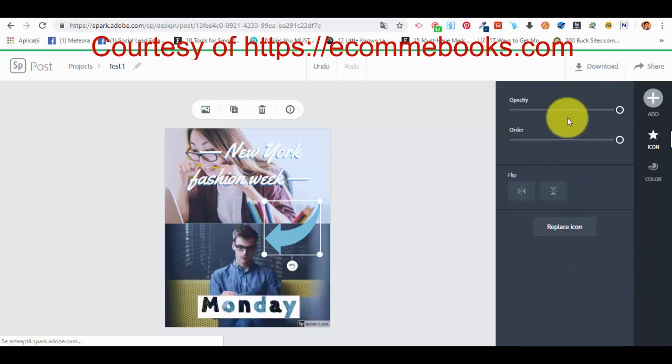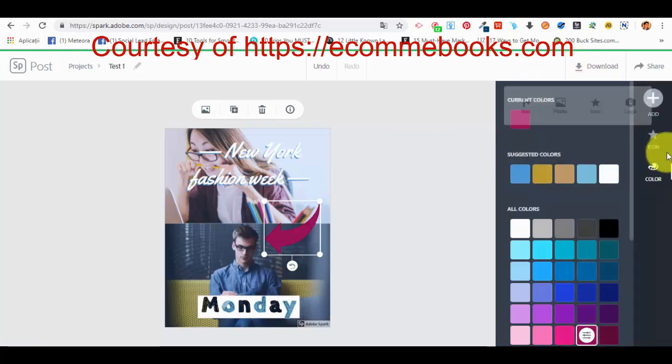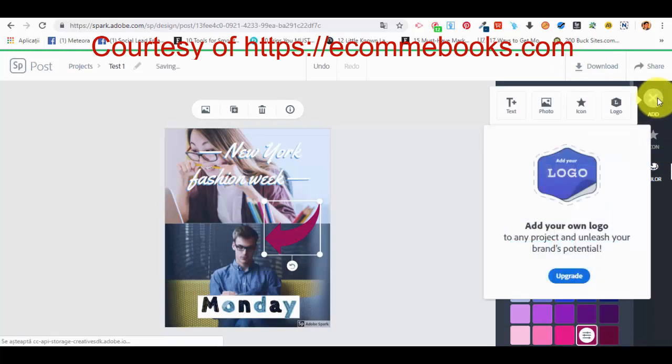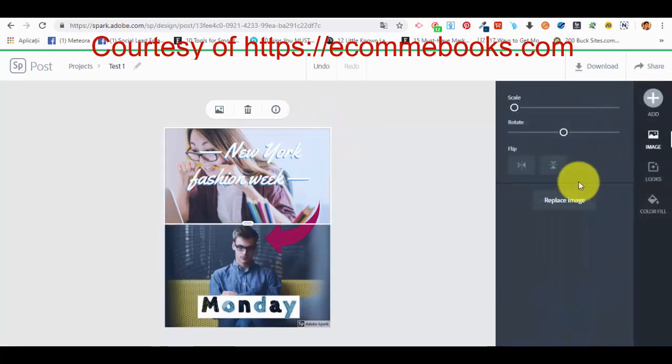Okay, we can replace opacity, order. We have different options. Color of the arrow. Maybe we want this type. And that's pretty much it. And we're done. Okay,